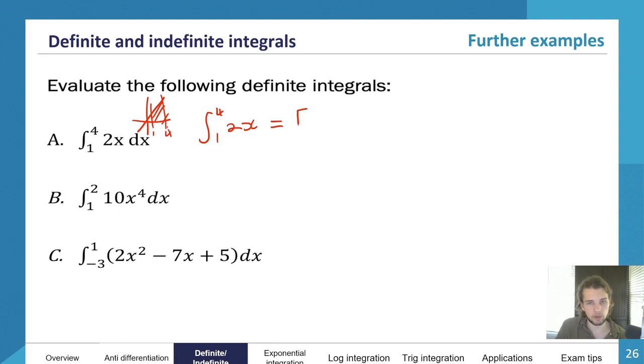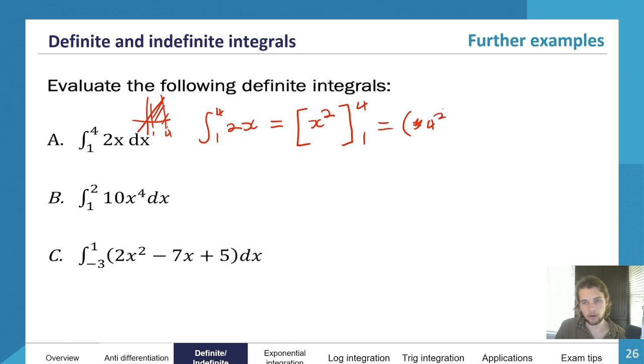So this is equal to, now we're going to put the integral without c in these brackets, these square brackets. And then we can evaluate those. So that is equal to